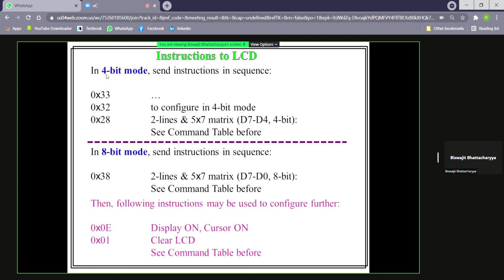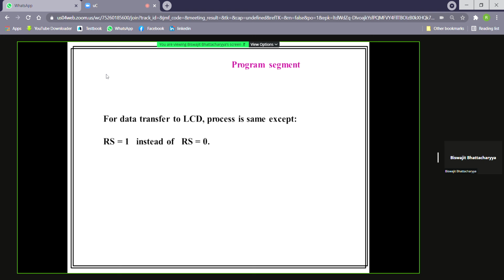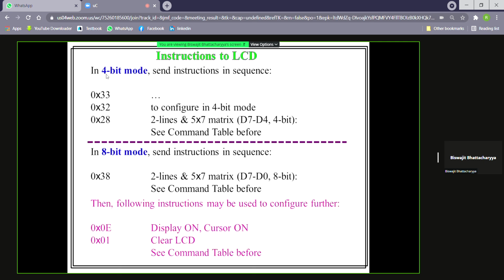Now in 4-bit mode, we can send instruction or data only after the LCD is ready. How to make the LCD ready before sending any instruction or data? In 4-bit mode, you have to send 33 hex, 32 hex, 28 hex in sequence to configure it in 4-bit mode, 2 lines, 5x7 matrix.